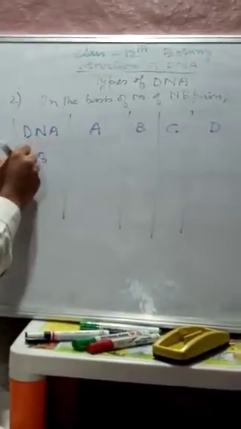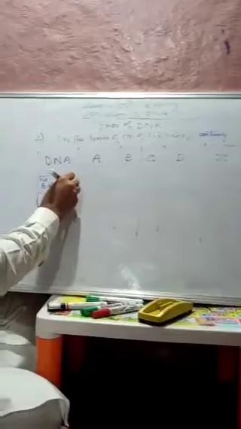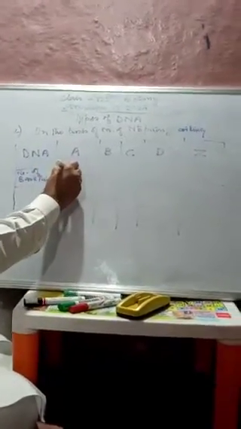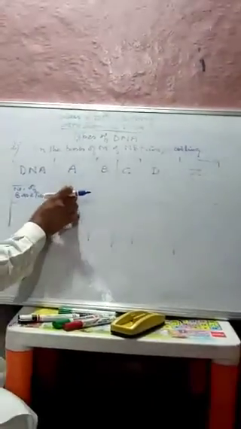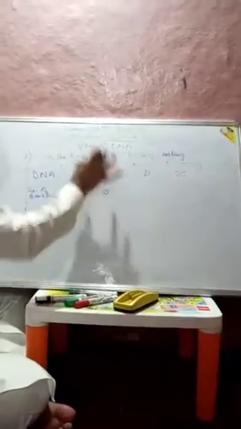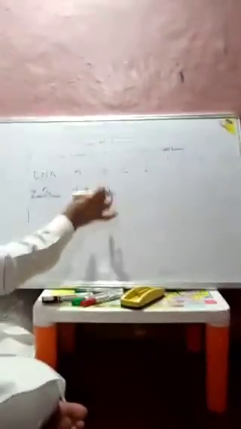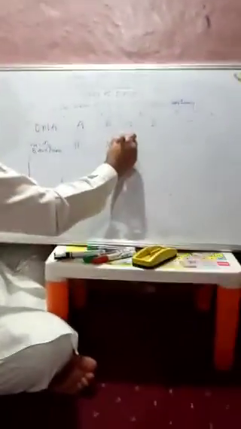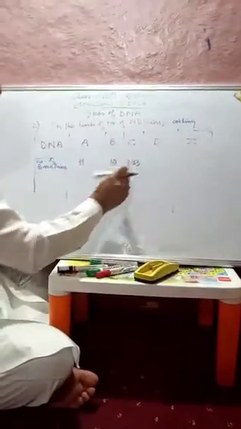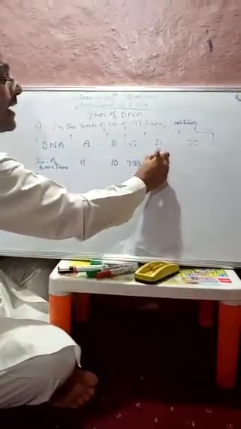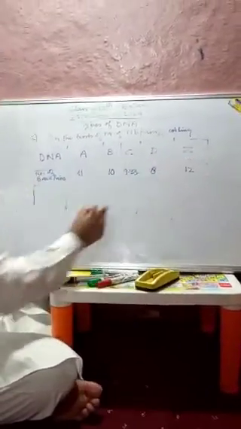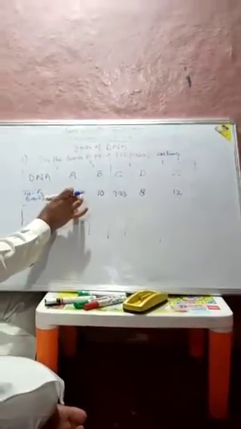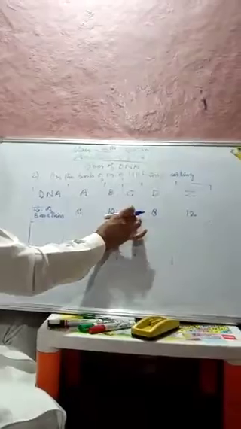Now, number of base pairs. If we look at A, the number of base pairs is 11. That is, in one coil, in one turn, there are 11 base pairs. In B, we have got 10, which we have already discussed, the double helix model given by Watson and Crick. In C, it is 9.33, that is between 10 and 9. D, it is 8. Z, it is 12. Number of base pairs: in A it is 11, B 10, C 9.33, D 8, Z 12.